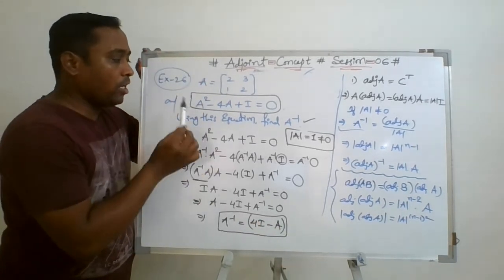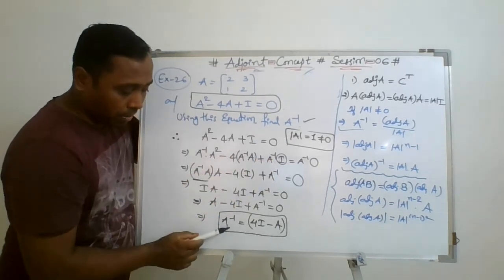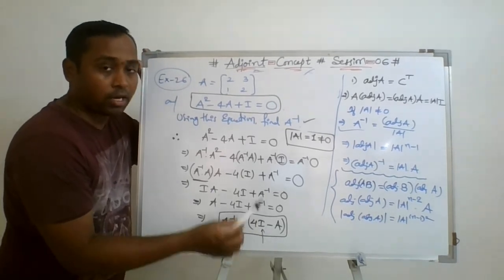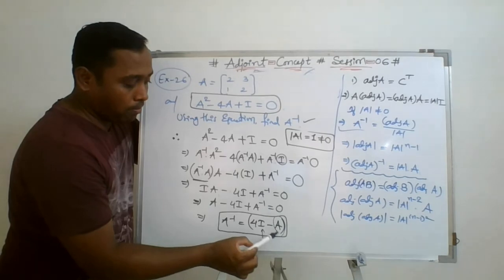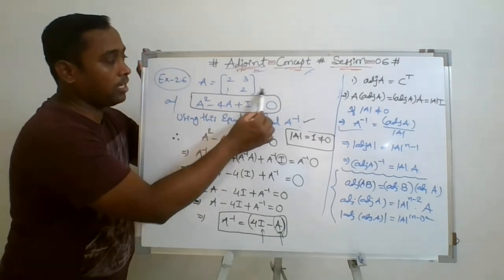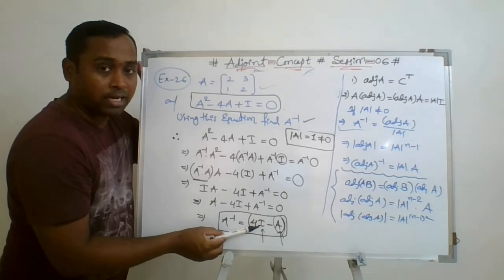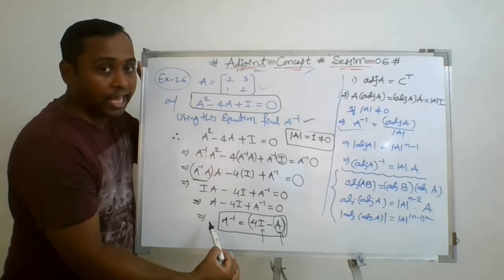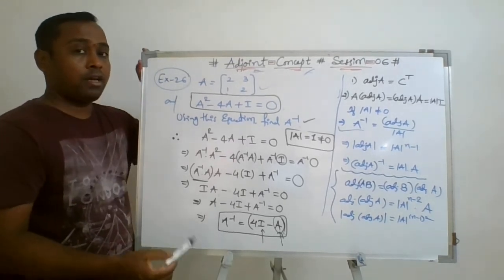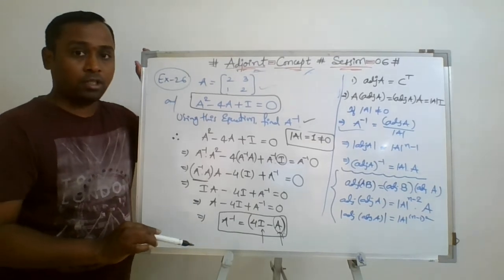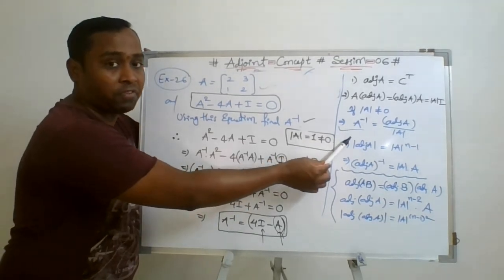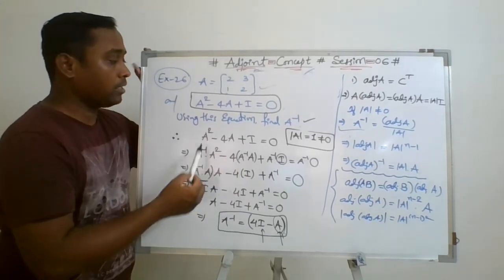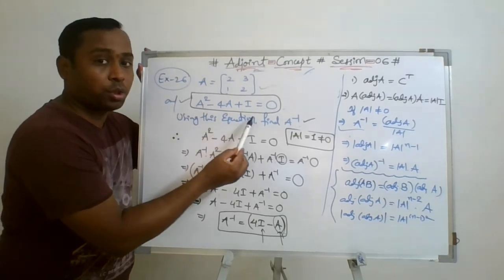So how can I use this equation to find A inverse? Simply by substituting the identity matrix of order 2, 1 0 0 1, which you know, and the matrix A is given directly in the question. By substituting the identity matrix and the A matrix and simplifying this expression, you are directly getting A inverse. So here, instead of following the elementary row operation or the adjoint matrix method to find A inverse, we are following the third way, that is, simply using the matrix equation which is given.